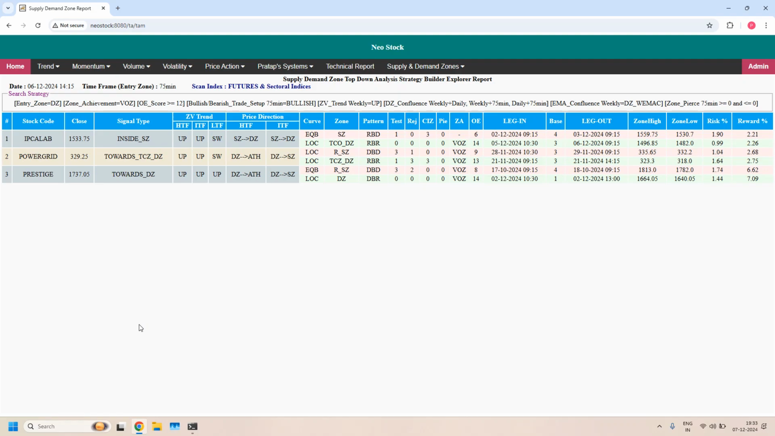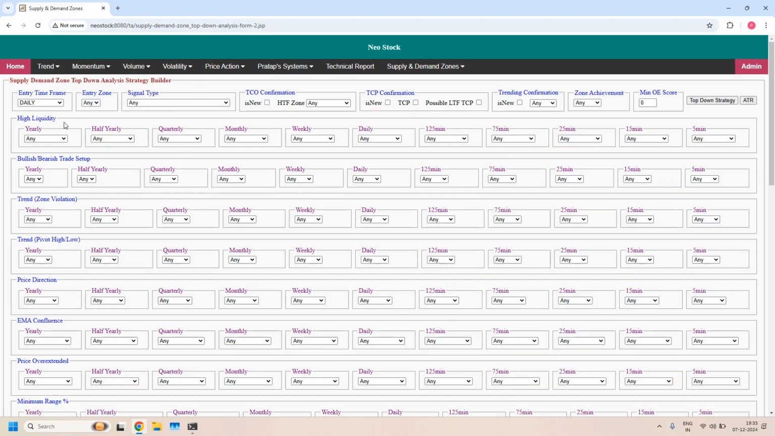Okay, next let us look for bearish trade setup, weekly income trade, entry time frame 75 minutes, entry zone supply zone. In bullish or bearish trade setup,